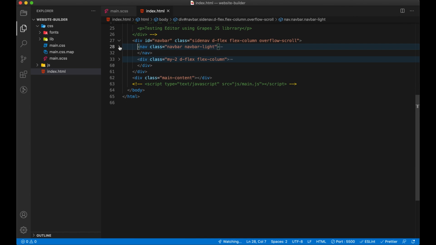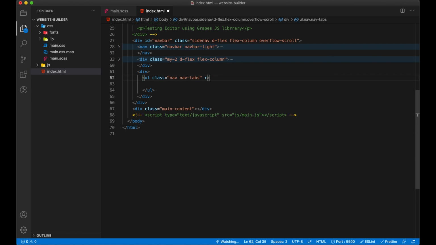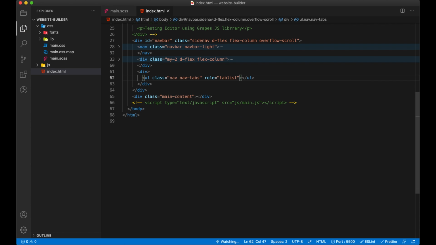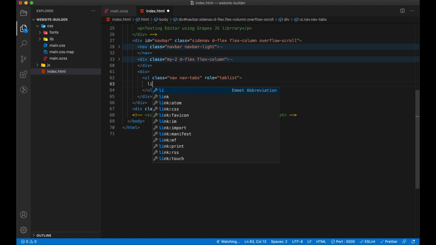and nav, okay, and now we will create a tab to show 3 sections in the tab. So let's add a div here, and in the div I'm going to add a nav tab from Bootstrap. This should look like this one. You will need nav and nav tabs. Okay, to give a role, or we can just copy code from, make it the role of tab list. In this we'll have three li,